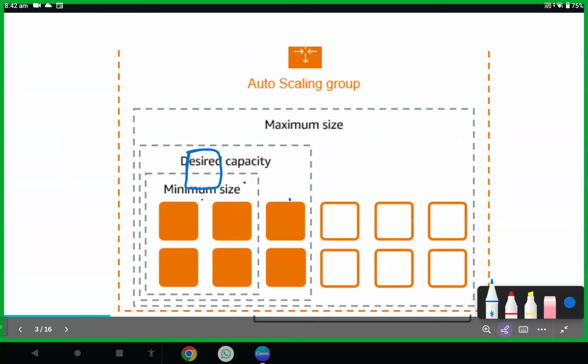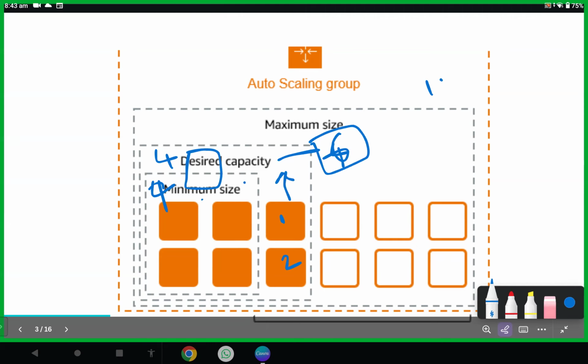When the load increases, say you are increasing the instances by 2, in that case your desired capacity becomes 4, because your minimum capacity was... sorry, it was 4 before, now it is 6. Okay, minimum count was 4 and desired count was 4. And because of auto scaling, you have increased the number of instances to 6, and you still have minimum 4,